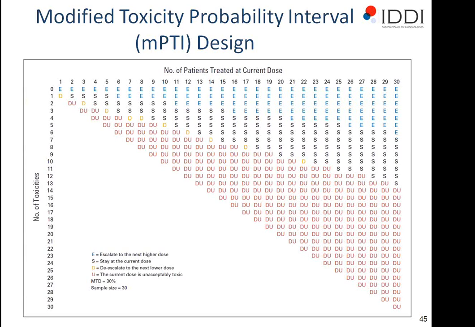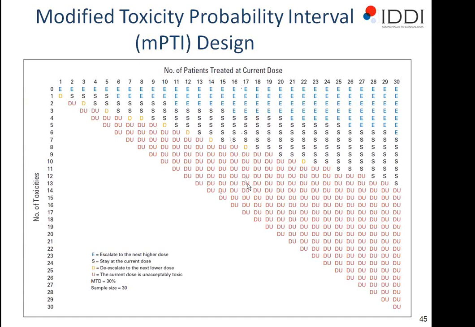This would mean that you should de-escalate, but also you should remove this dose and higher doses from your trial, because the current dose is unacceptably toxic. So this design also allows you to essentially decide at a particular moment to remove some doses from your trial as too toxic ones. So this table can actually be computed